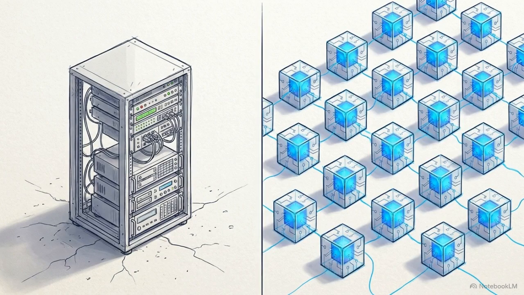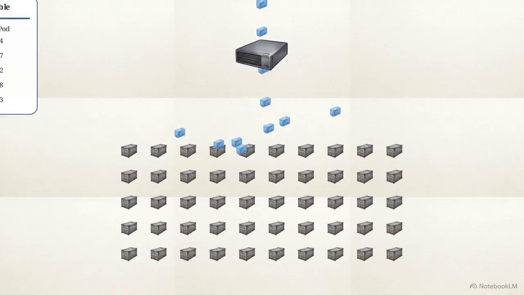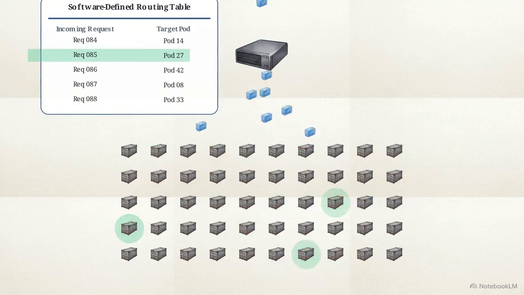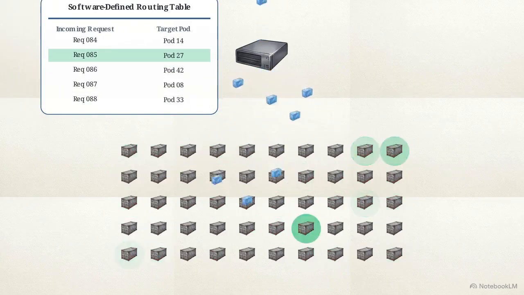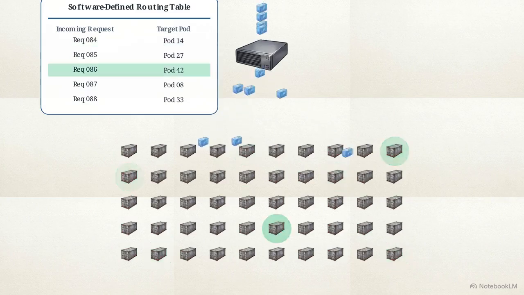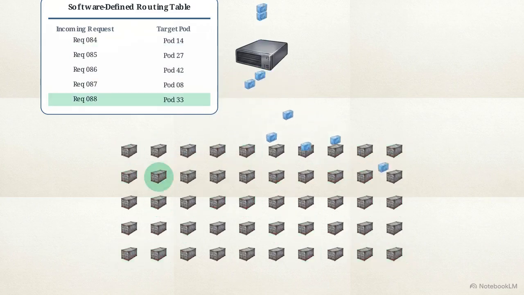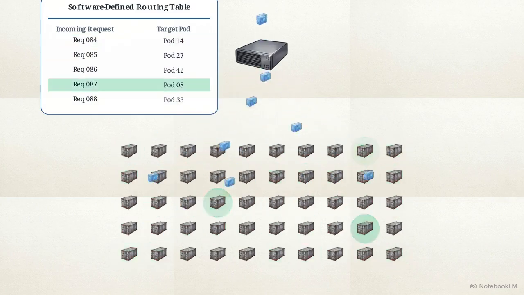These routing principles are no longer confined to physical hardware boxes in server rooms. They dictate the architecture of modern cloud software. Inside Kubernetes environments and internal microservices, load balancers act as virtual routers. They rely entirely on software-defined routing tables to distribute traffic dynamically across thousands of application containers.